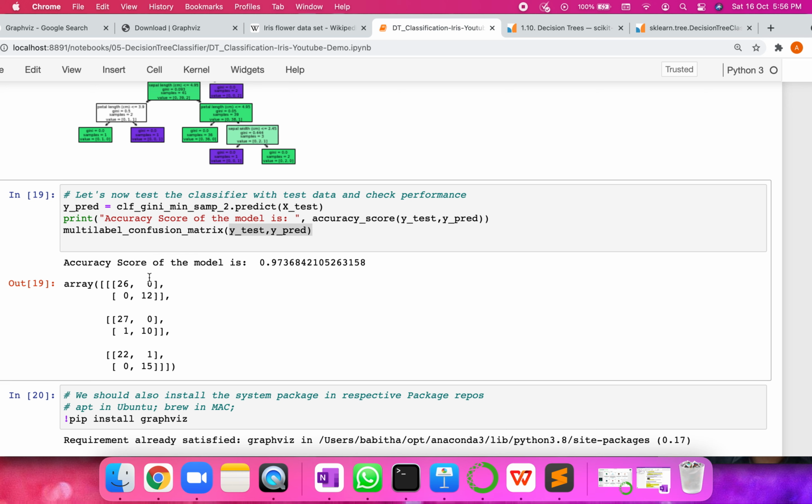Now likewise, we give an input which is not setosa, 12 times, and the algorithm has predicted 12 times it is not setosa, right? So that is basically what this is. Anything diagonal represents the correct predictions, right? So when we give setosa is true, it predicted true, and when setosa is false, it predicted false.